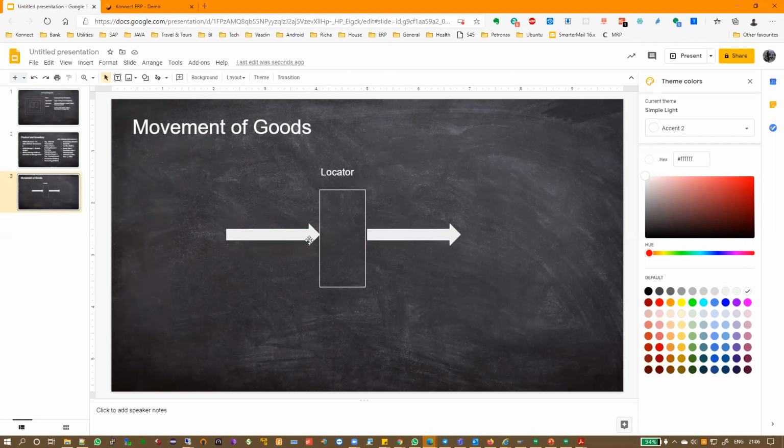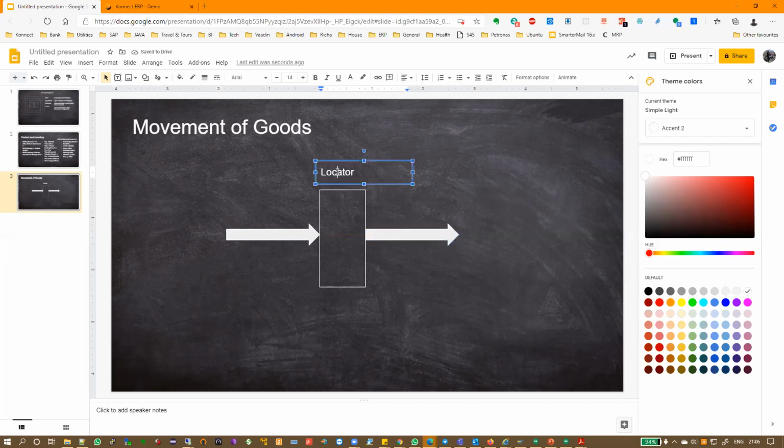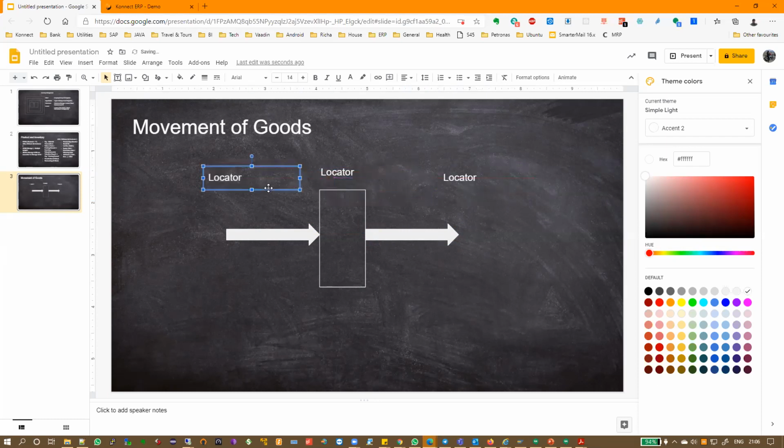Fundamentally, the movement of goods means how material comes into a locator and how material goes out. Now, this is where you need to be a little bit careful and also understand some things which are specific to Connect ERP. First thing is, we'll put all the transactions which are coming in here and all the transactions which are going out here, and how to track them we will see. We're not going to go into detail because those are individual modules by themselves, but centrally, how does this work.